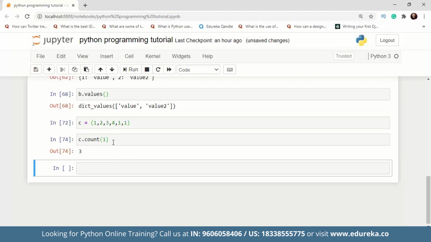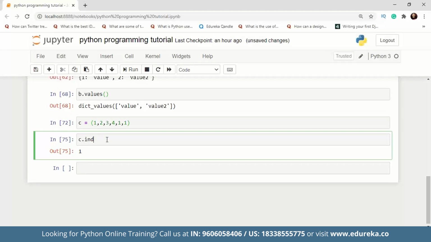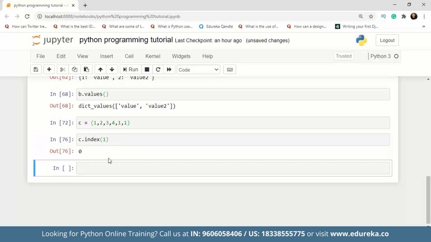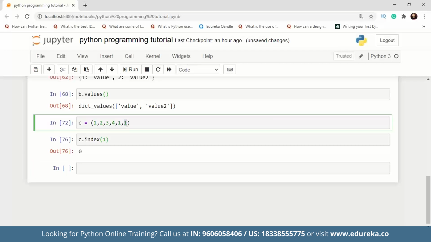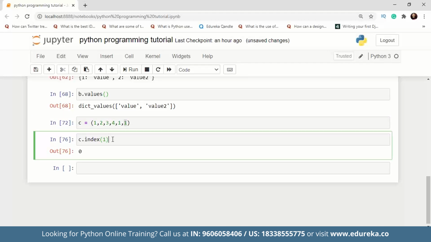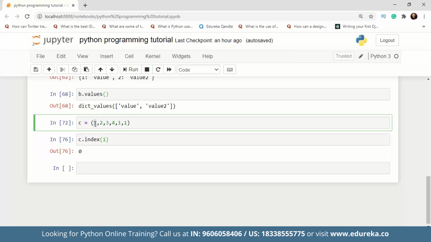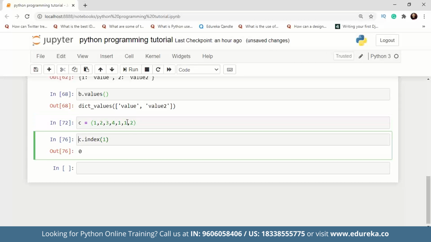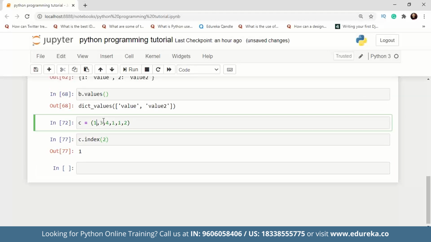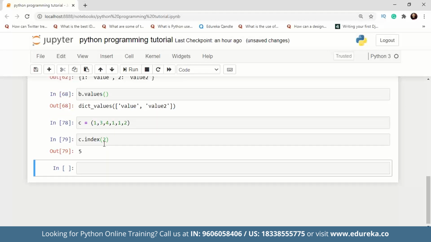So basically I can count the number of times a value occurs. So 1 has occurred thrice over here, and I can check for 2. Similarly, I can get the index value for, let's say, 1. I'm checking, it's giving the index value as 0, but it also has the value at the second last index and the last index as well, but it will just fetch me the value which occurs the very first time for the method. So since it's in the beginning, it's giving me this value. Let's say if I write 2 over here, and if I check it for 2, I'm still going to get the value 1. So if I remove 2 from here, I'll get the index as 5.